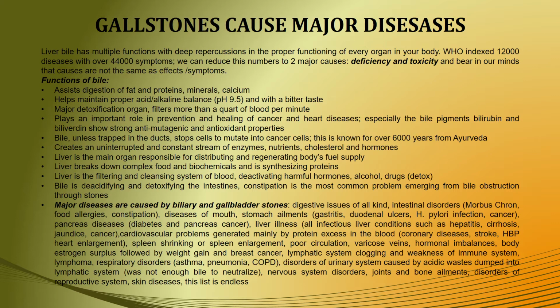The liver is the filtering and cleansing system of your blood and deactivates harmful hormones, alcohol, and drugs, so it detoxifies. Bile is deacidifying and detoxifying your intestines, and constipation is the most common problem emerging from bile obstruction through stones. Major diseases are also caused by biliary and gallbladder stones, so digestive issues of all kind, intestinal disorders such as Morbus Crohn, food allergies and constipations, diseases of your mouth, stomach ailments such as gastritis, duodenal ulcers, H. pylori infection, cancer,